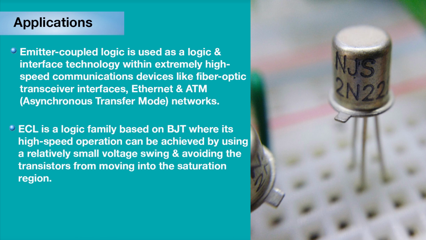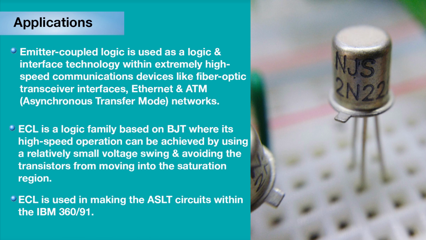ECL is the logic family based on BJT, where high speed operation can be achieved by using relatively small voltage swing and avoiding the transistor from moving into the saturation region. ECL is used in making the ASLT circuits within the IBM